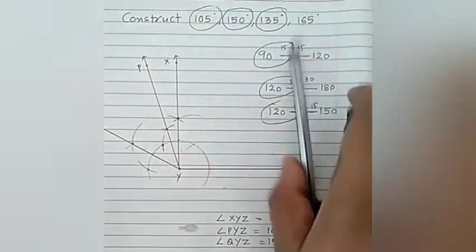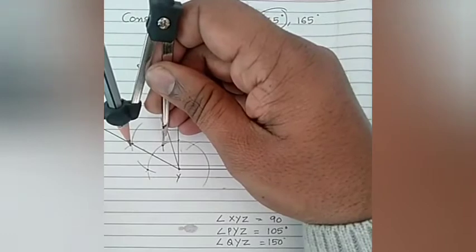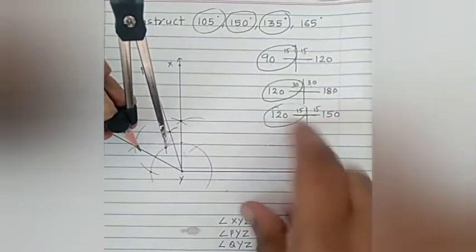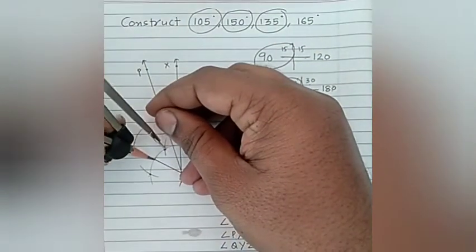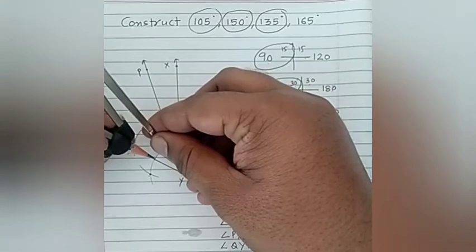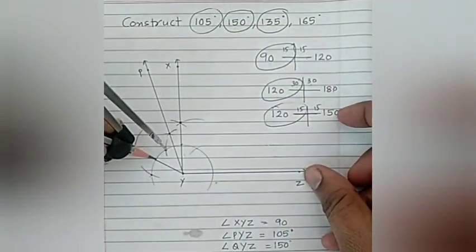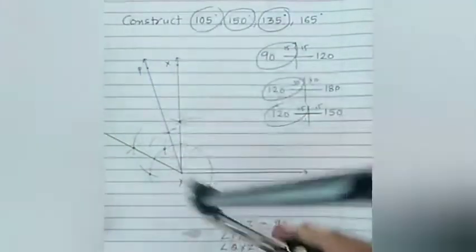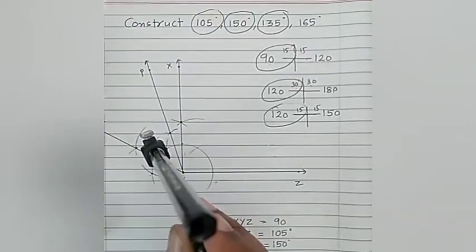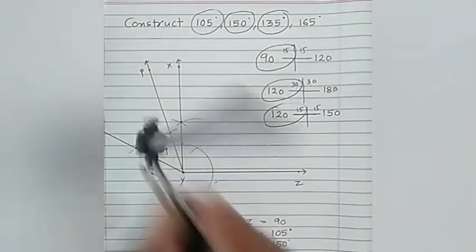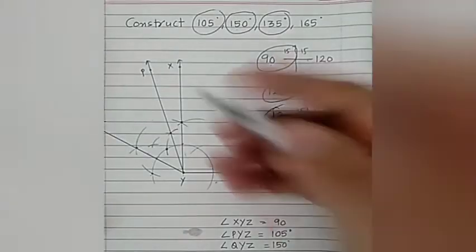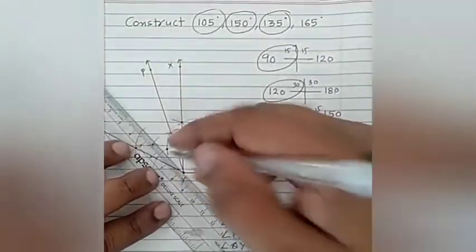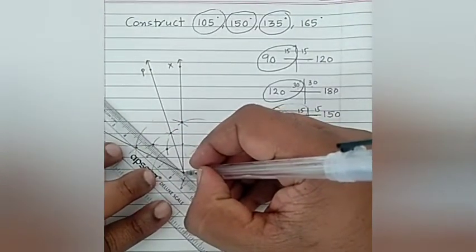So what I shall do next is from 120 degree to the length of 150, I'll measure the length of the arc. So this is between 120 and 150, and I will draw an arc over here. This is from 120, this is another arc from 150. Now as you could see over here, there is a point of intersection. Let me draw a ray from this point to the point of intersection.